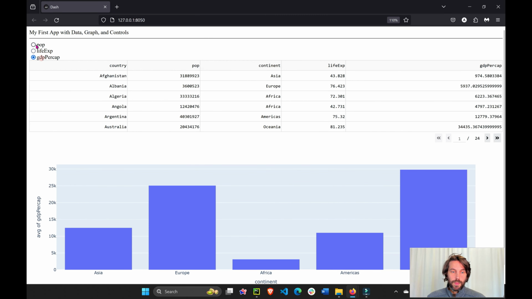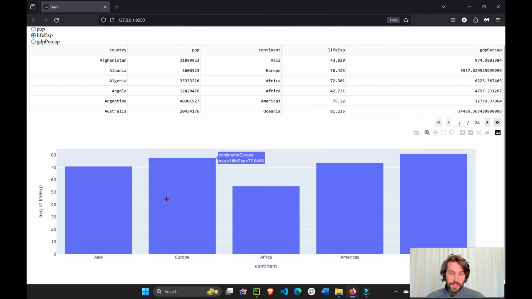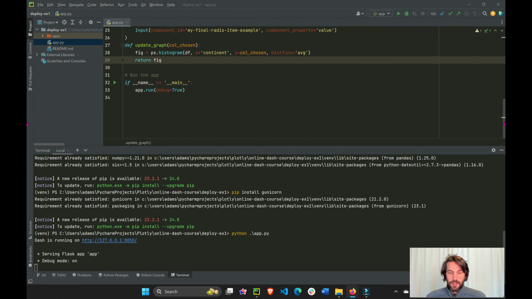Perfect. So we know my app works, so if I deploy it online, it should work as well. We know we're not dealing with a broken app. Okay, so we have an app that's working. Let's stop this. Now what you want to do is freeze, or copy, all the libraries that you installed